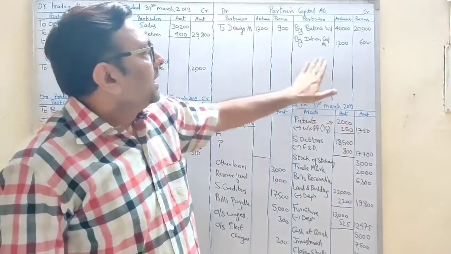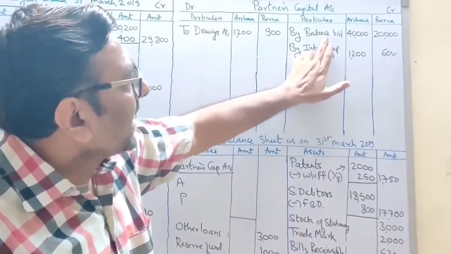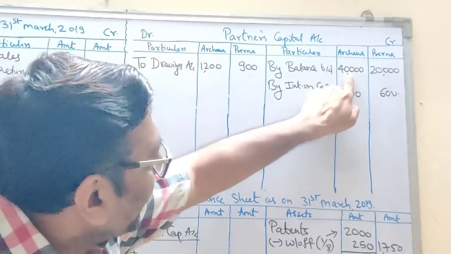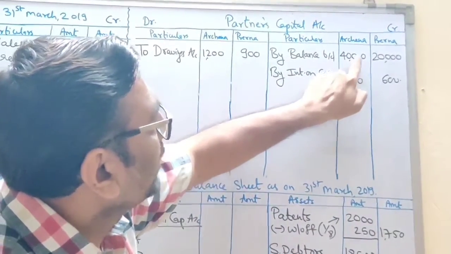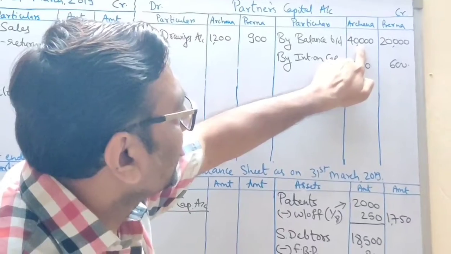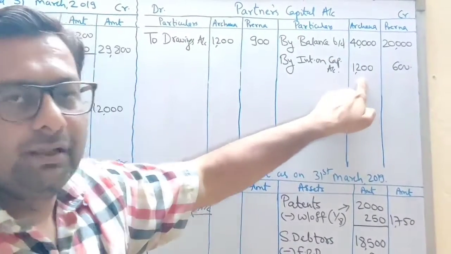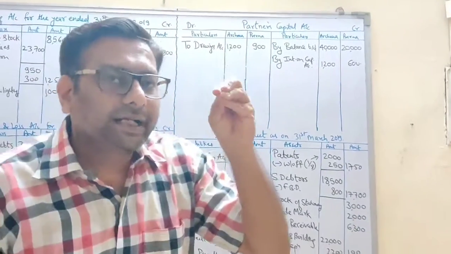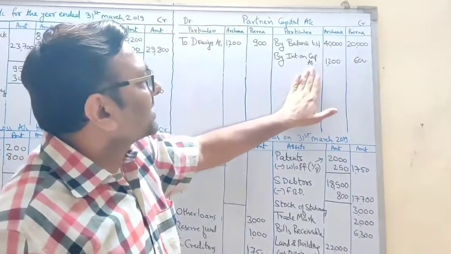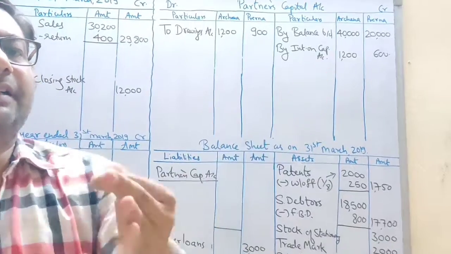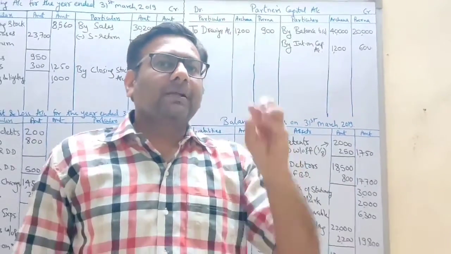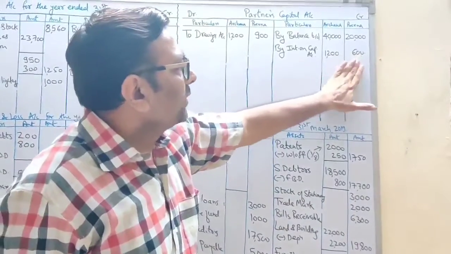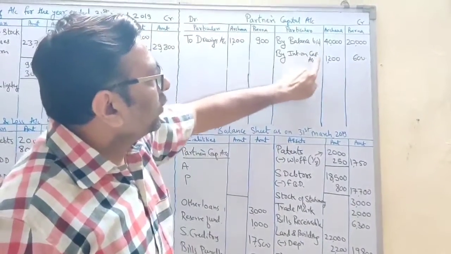Listen carefully. Interest on capital, you are going to calculate on the capital balance. So the trick is to write right below that balance only. I am calculating on 40,000, so I am writing below that amount only. This is an easy way to write, copy it down in your head: interest on capital always comes below the capital. This is a trick to remember. Interest on capital below the capital. So this is your effect 1.